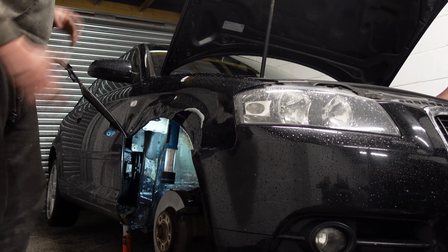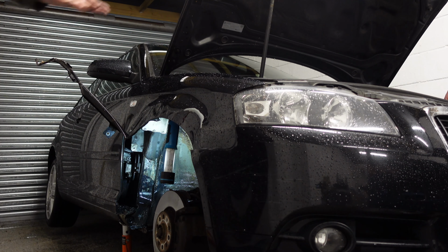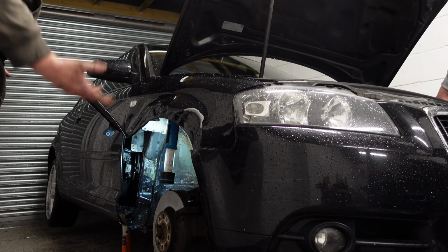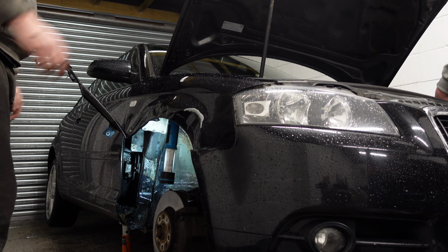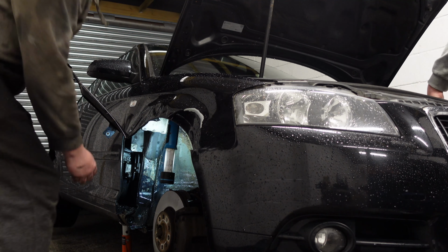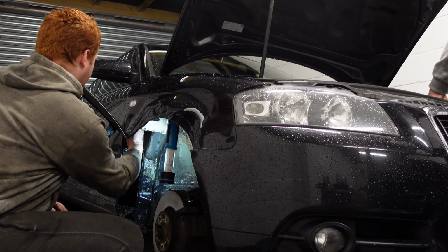Perfect. Okay, so the wing's been pretty mangled in order to actually get the thing off, but all the bolts are stripped and seized. Someone's had a go with it in the past by the looks of it and given up. They've even bent bits of it to try and get access. So it should just pop off now, minus the indicator. So thinking about it,